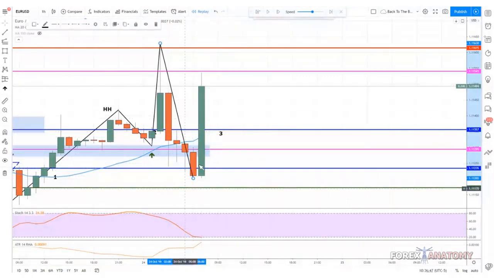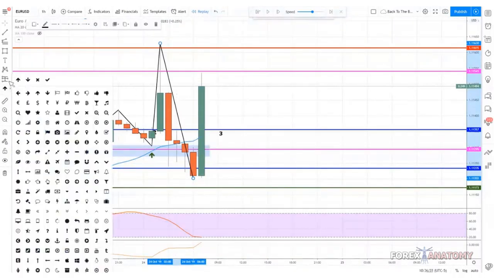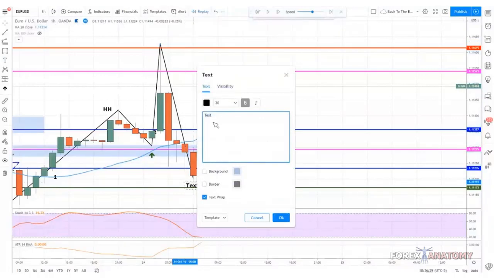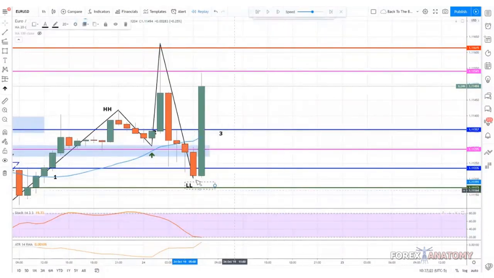So then now I'm a little iffy again. I don't want to assume anything because this could have been just a fake out to fake us into doing something that may not be the right decision. So right now I'm neutral. We did get this lower low right here. Price created this strong candle, but I'm going to wait now because right now I don't know what's going to happen. We did get a higher high up here.